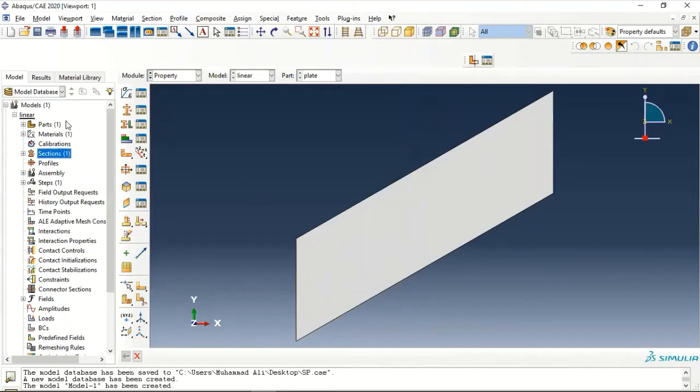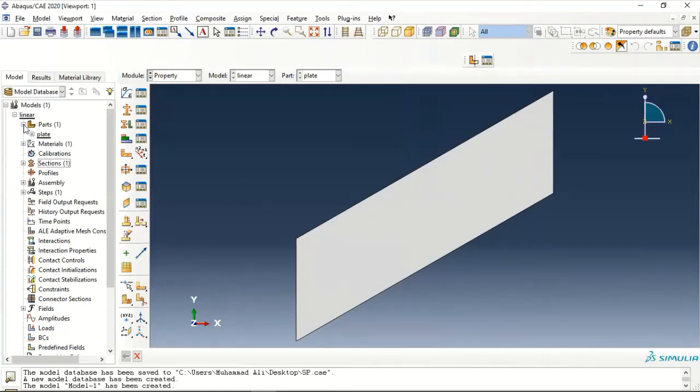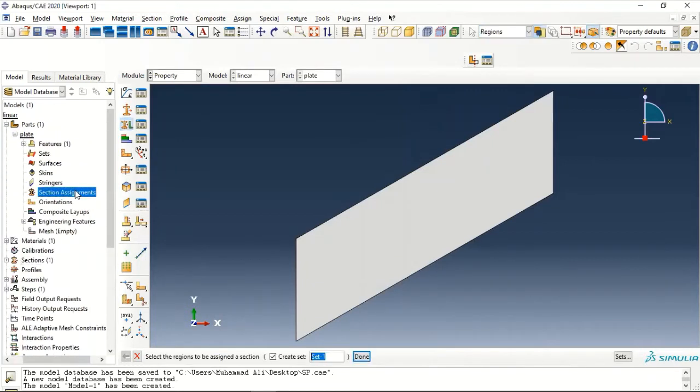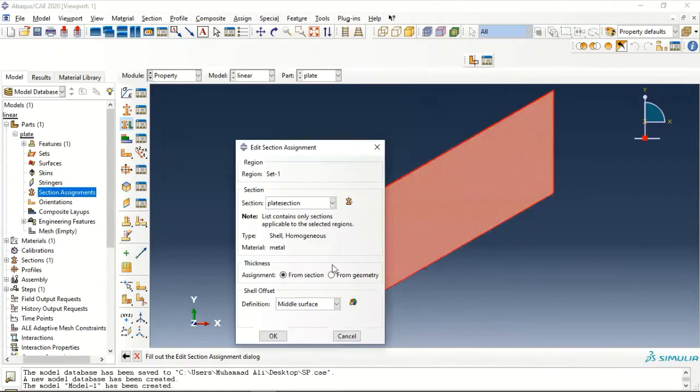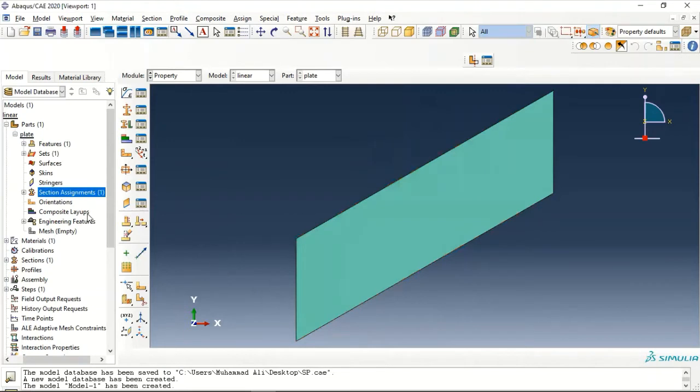Now we have to assign the section proper definition, and to do that we expand this plate and double click on section assignments, select the entire part, press on done and press on OK. Now the section definition to the plate has been assigned, and we want to define a rectangular datum coordinate system, which can be done by